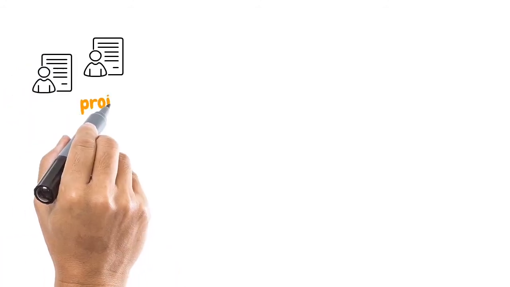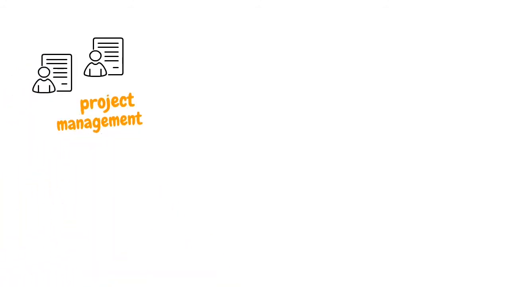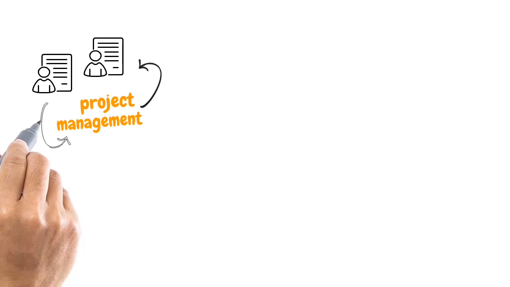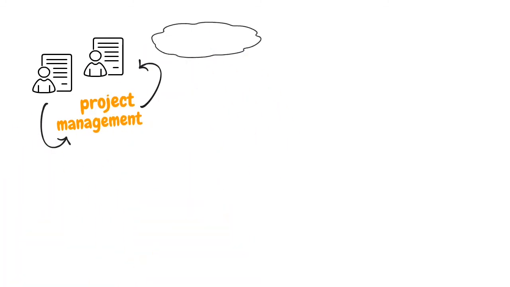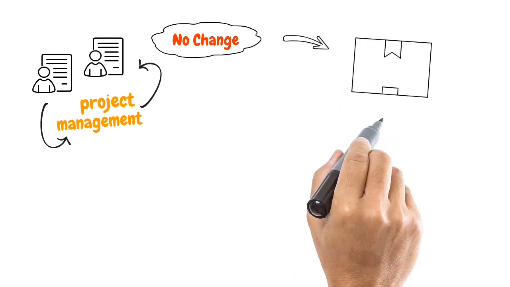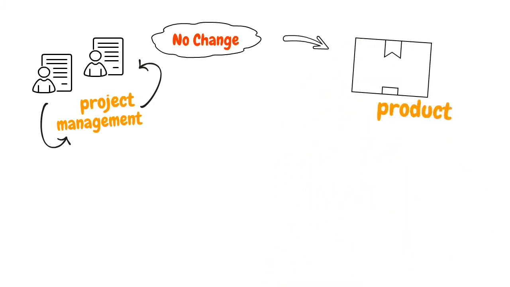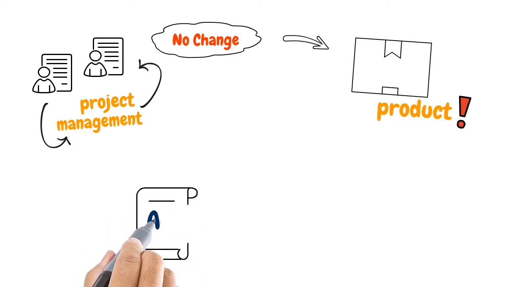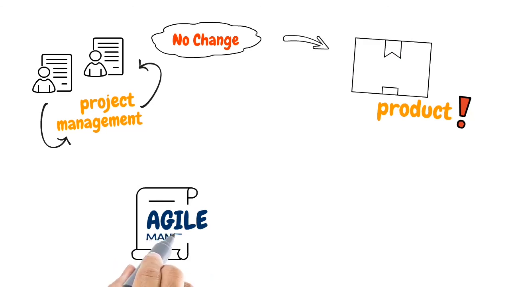"We're not in favor of the change" was a very usual statement in the traditional project management approach. The waterfall approach was to create detailed plans in the beginning and then follow them through the project. Being rigid not only leads to creating an improper product, but it also makes us miss the chances of bringing changes that could make our product better. That is why the Agile Manifesto favors responding to change over following plans.